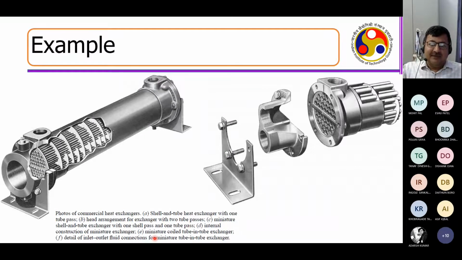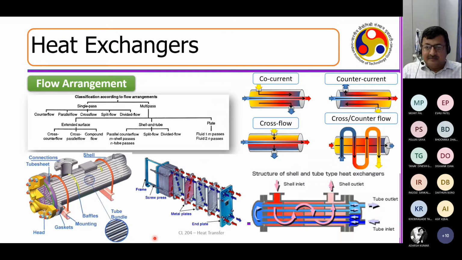One is, the more the baffles, the more the pressure drop. So your pumping cost will go high. More baffles also means you have to maintain all these baffles. You have to clean them and so on, so your maintenance cost will go up. Correct. But at the end, more baffles means you will have a larger heat transfer coefficient and more mechanical stability. So two parameters are in your favor, two parameters against your favor. You have to optimize between these two for a duration of 20 years in order to make sure that you are a good engineer in designing this heat exchanger in an optimal manner, right?